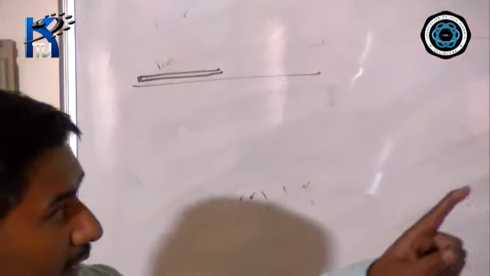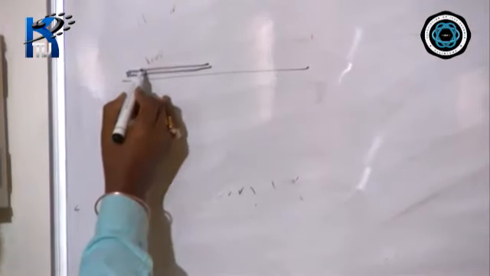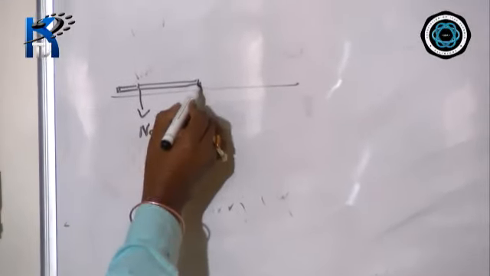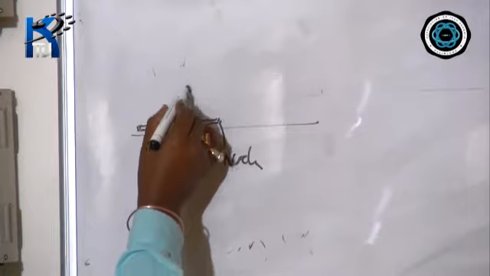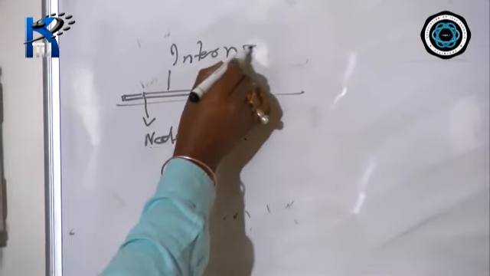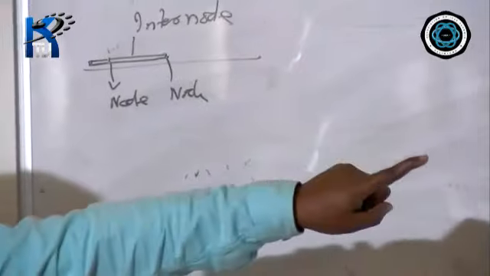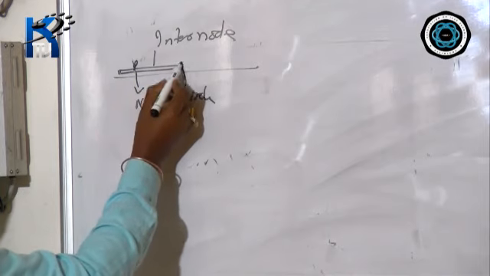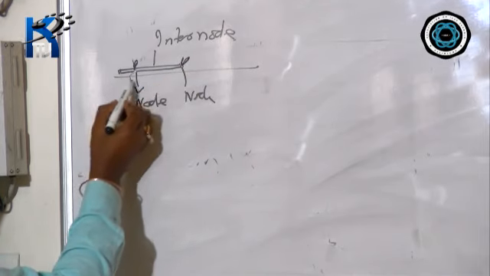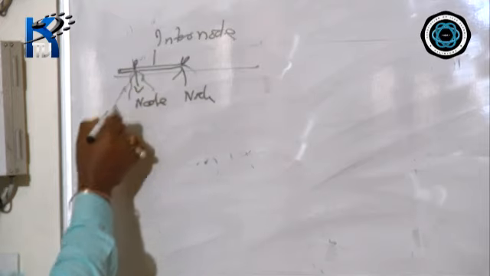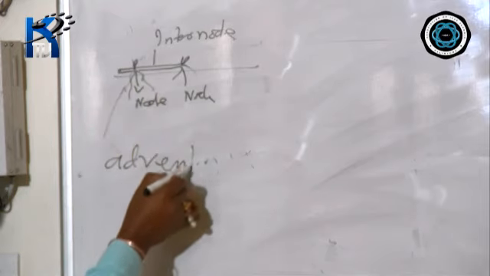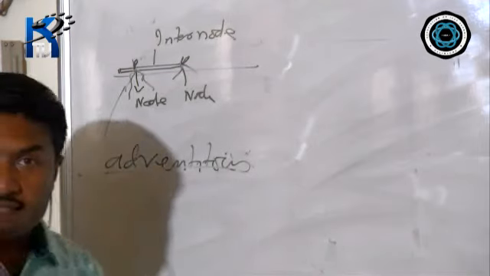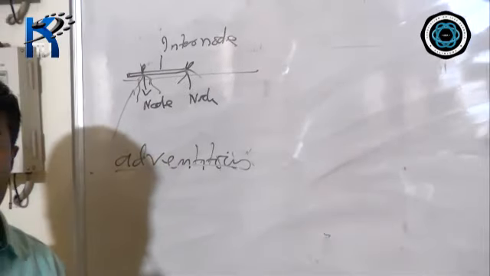Then after that, its nodes bear scale leaves. You see that here you have the node, here you have the node, and this one is the internode. Nodes bear scale leaves with axillary bud. So here in the node you will find the axillary bud. From the node, what will happen? Adventitious roots. When I say adventitious root, what do you mean by adventitious root? The root that emerges or develops from non-rooting parts.